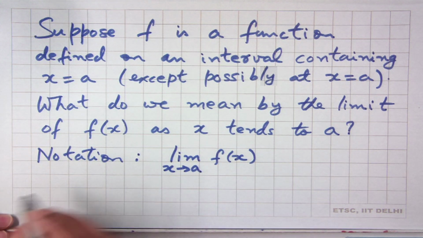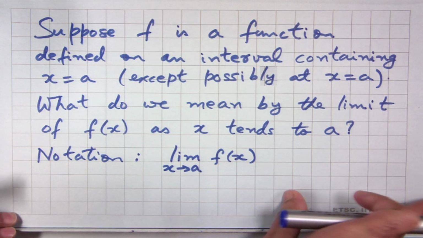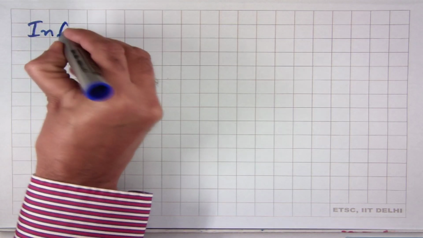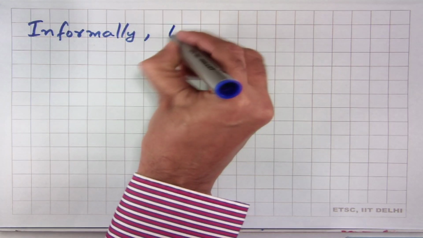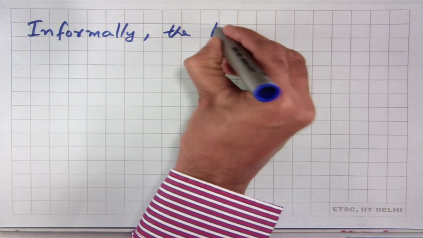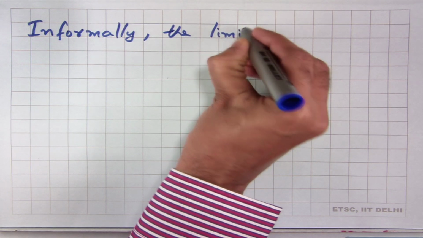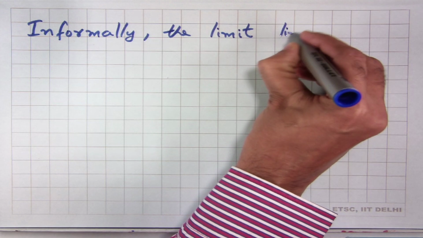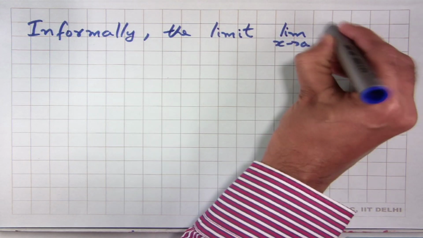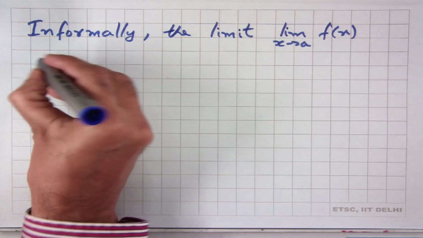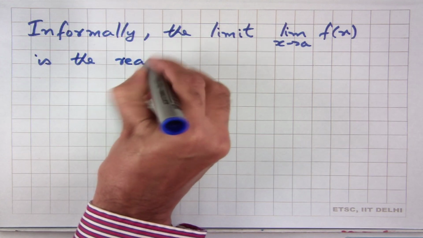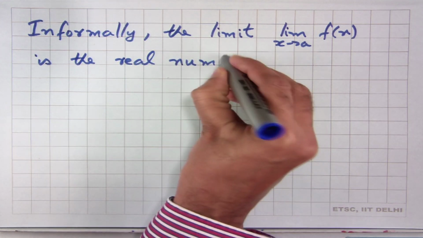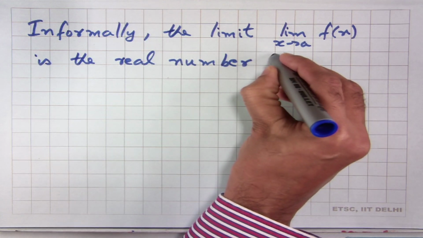So, informally, what it means is, formally, the limit lim x tends to a f of x is the real number L